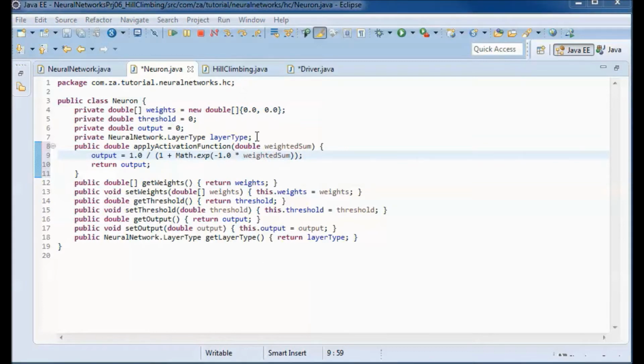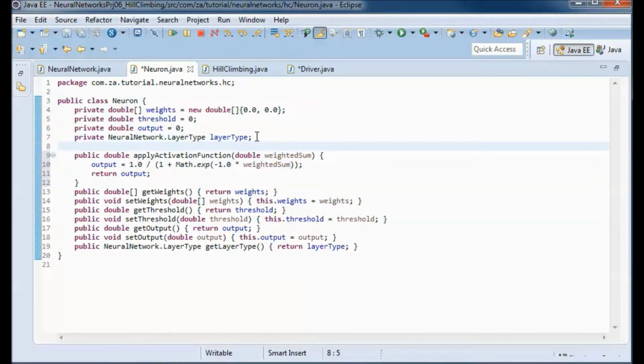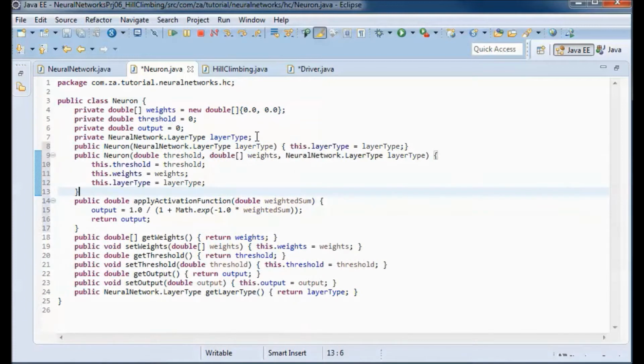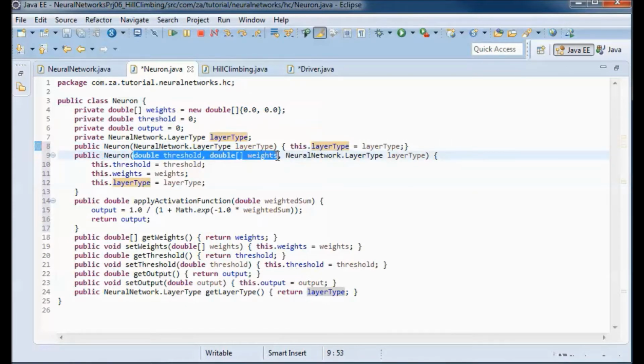and this class will have two constructors, one that takes in a layer type, and another one that takes in a threshold and an array of weights and a layer type.